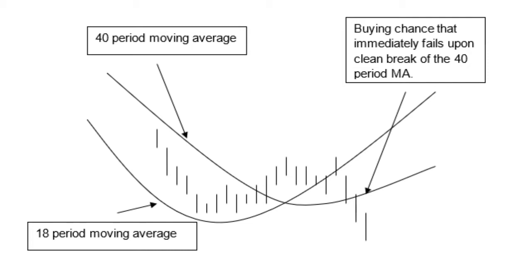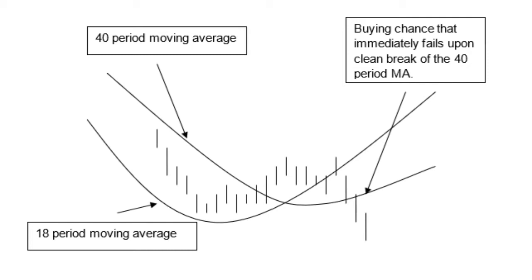And what I'm trying to show is that there's a pattern where there's a buy signal, and that would be a simple crossover to the upside where the 18 crosses above the 40. Now, typically, you should construe that as being a positive, right? The 18 is crossing back above the 40 to the upside. Well, the reality is these crossover patterns are not all that great. You can go back and backtest them if you want.